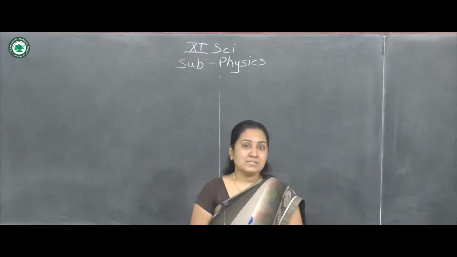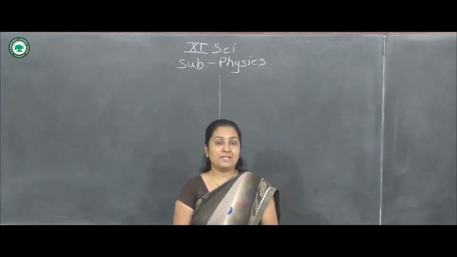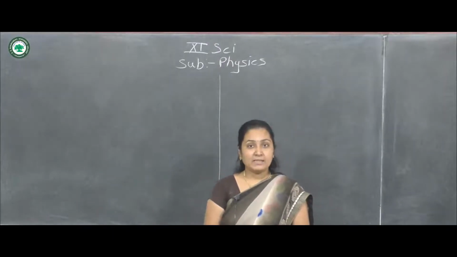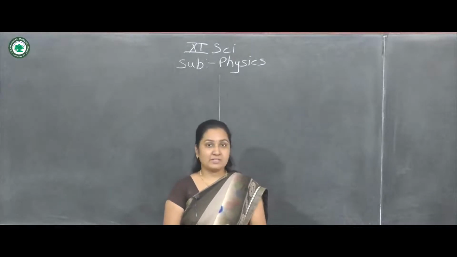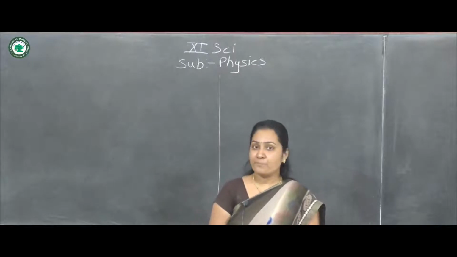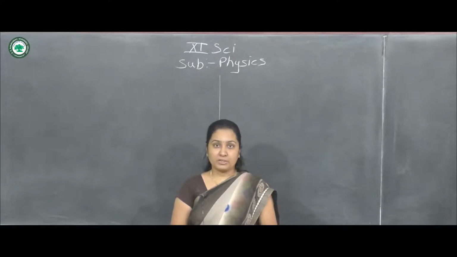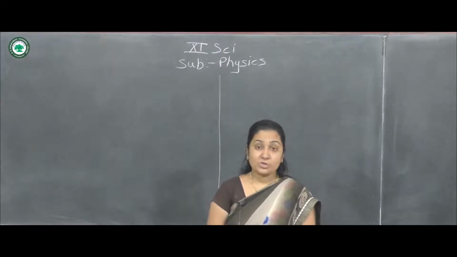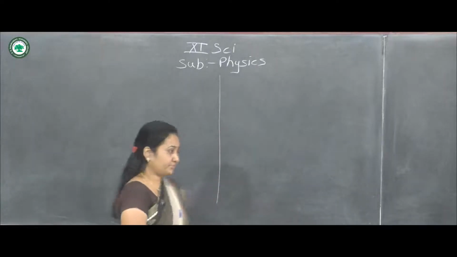Now, these scalars and vectors have different mathematical operations. So, basic mathematical operations are addition of these vectors, then multiplication of the vectors. In case of multiplication of vectors, there are two main types: first is the scalar product, also called the dot product, and the second one is the vector product, also called the cross product. So today we are going to study the scalar product.